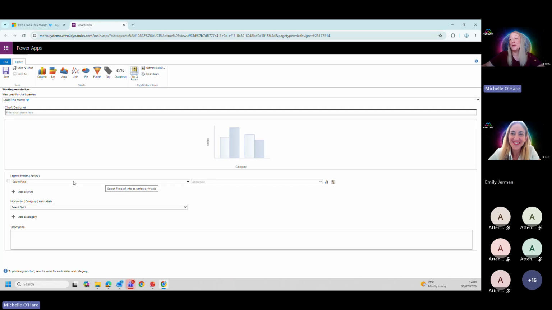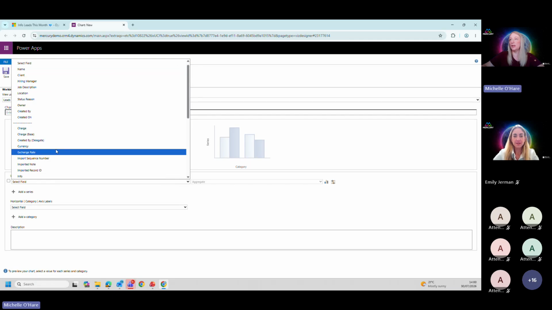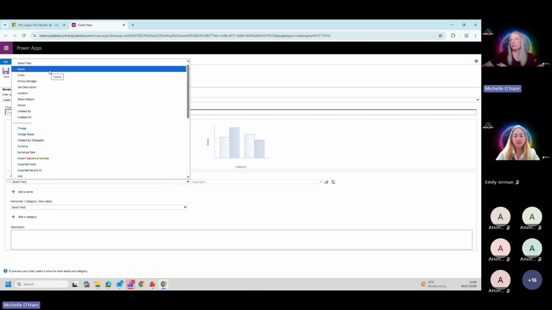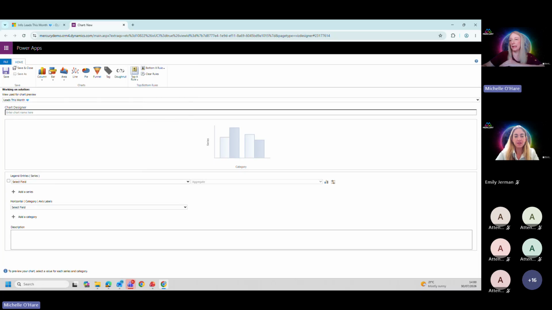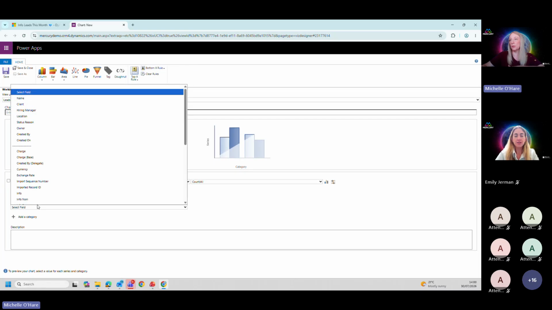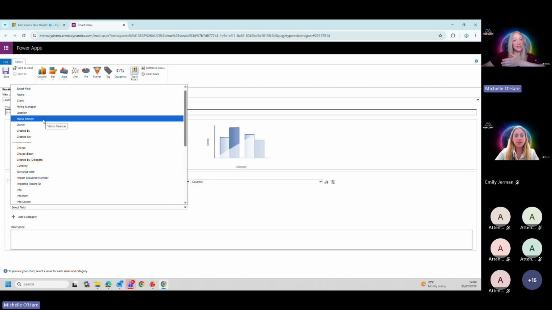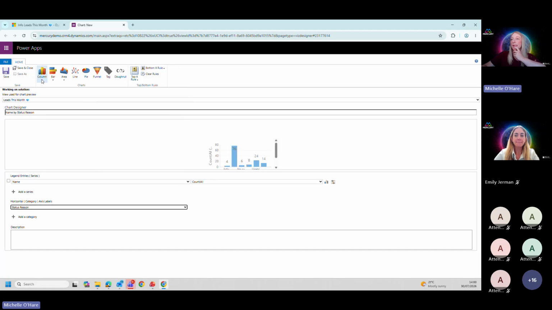So basically, what we're doing is we're creating a legend in here, and let's just go by the name field. That's fine. We don't really need any kind of data on the legend. We just need the horizontal to be on status reason. That's all we care about, is slicing the info records by status reason. So if we do that, let's just do a standard column. There you go. You can do whatever you like. I'm keeping it simple. Give it a good title. So we could do something like info. Yeah, just do it by status. That works. It makes sense, right? And then if you save and close,